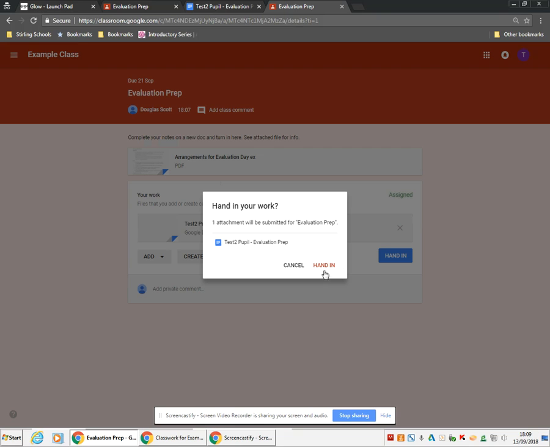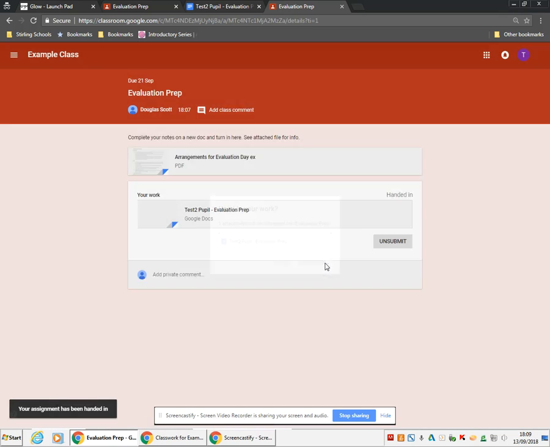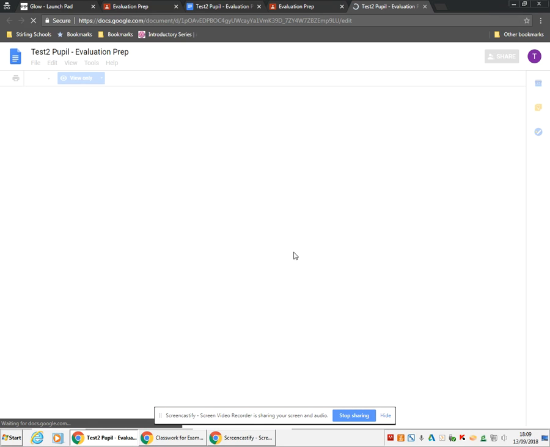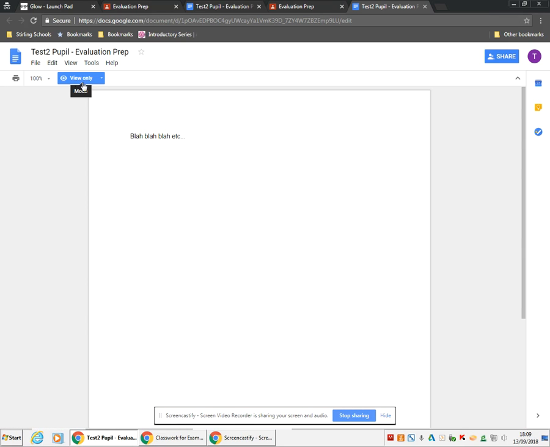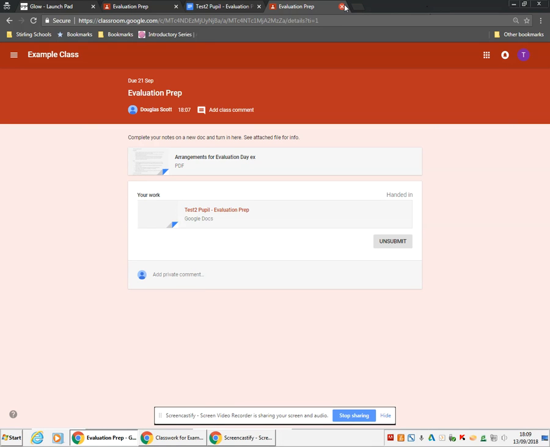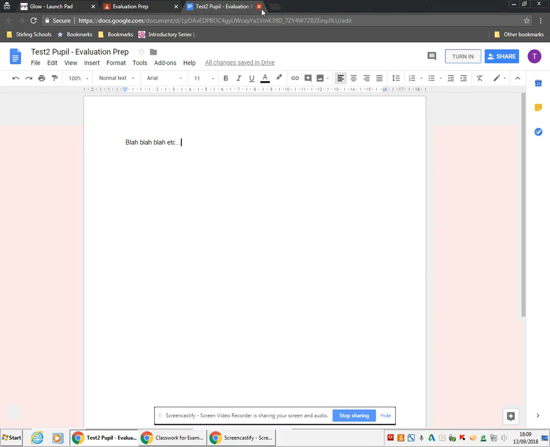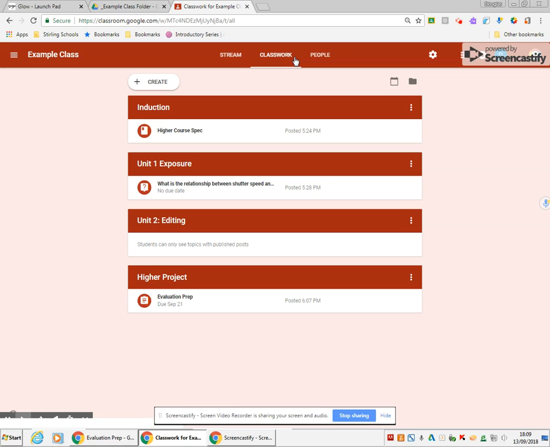So they've turned that in now. It's just saying, do you want to turn that in? Yep, fine. Hand in. And after they've handed that in, if they go and look at it again, you'll see that it's changed to being view only, because now they've submitted it, they can't edit it until I give it back to them with some feedback maybe. So, people's happy with that. They've done their work, they've turned it in, and I, as a teacher,